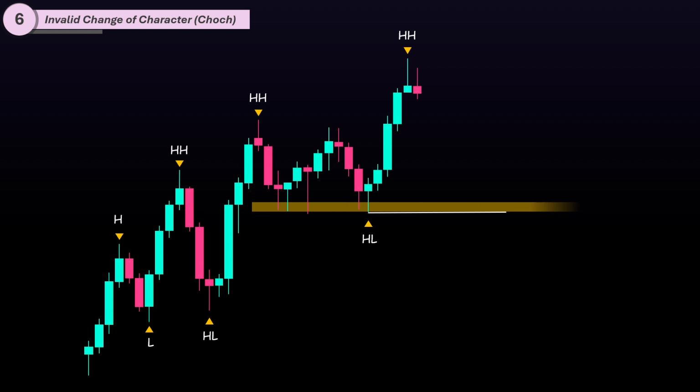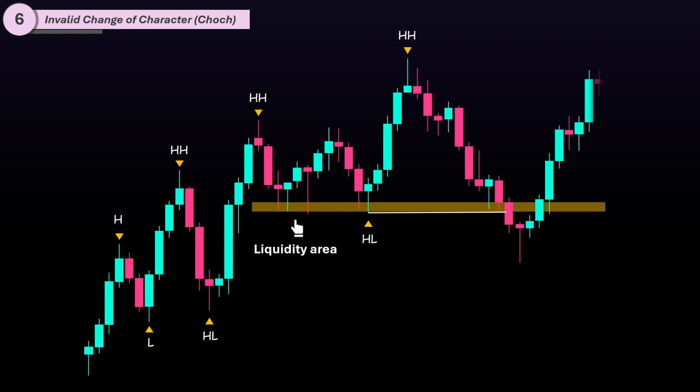This level aligns with a significant area of liquidity. Here's the deal. Many traders previously opened long positions at this level, placing their stop losses just below it. What does this mean? A massive pool of liquidity is sitting beneath that level, waiting to be tapped. Now, smart money knows this. To hunt these stop losses, they often push the price lower, sweeping the liquidity before driving it back up in